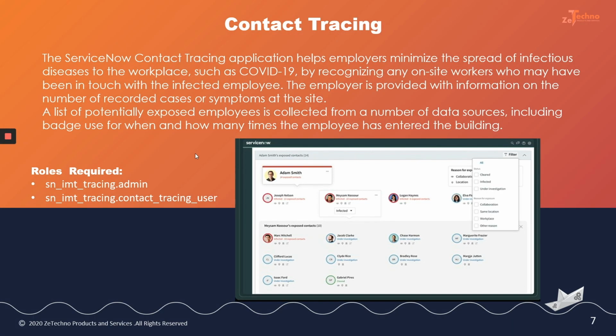The ServiceNow contact tracing application helps employers minimize the spread of infectious diseases such as COVID-19 by recognizing on-site workers who may have been in touch with the infected employee. The employer is also provided with info on the number of recorded cases and symptoms at the workplace, and a list of potentially exposed employees is collected from a number of data sources such as badge activities, used for when and how many times the employee has entered the